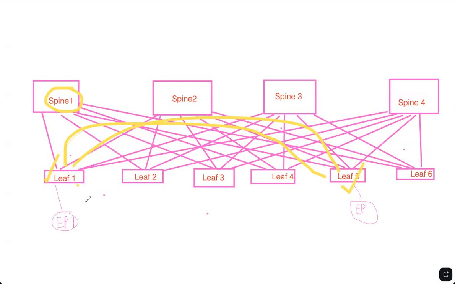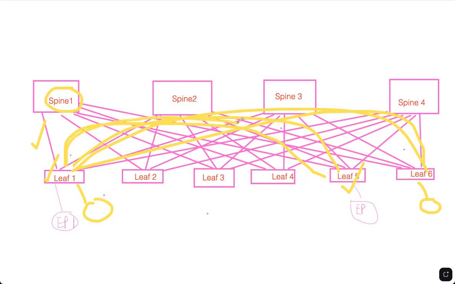Let's say an endpoint wants to connect to here. There is a tunnel that will be formed between leaf 1 and leaf 6. So every leaf switch will form a logical tunnel to the other leaf in the network, so that the communication will be faster by having the series of underlay links. So you have these many links, right? Leaf 1 has 4 links to each spine, but there will be a logical tunnel formed so that the east-west traffic communication will be faster